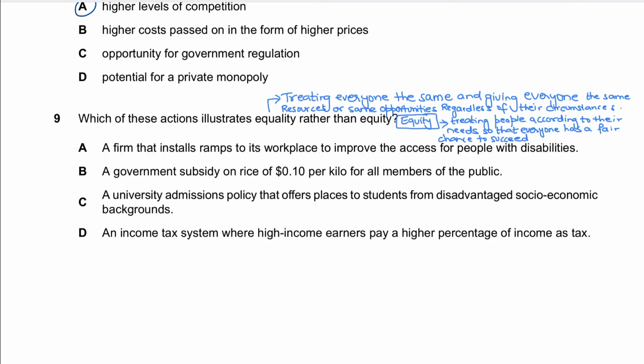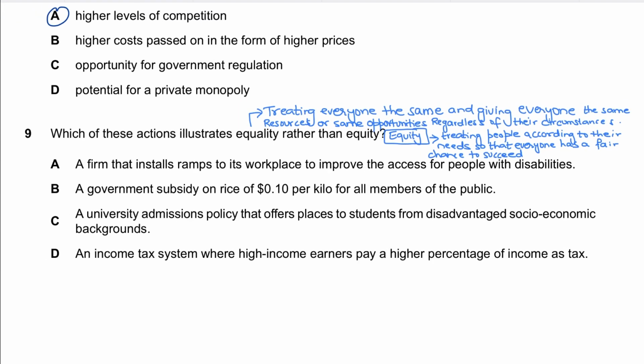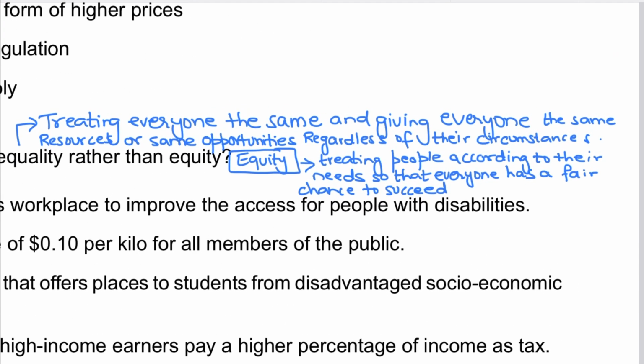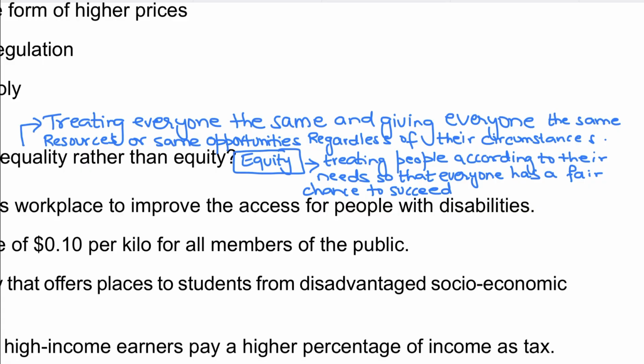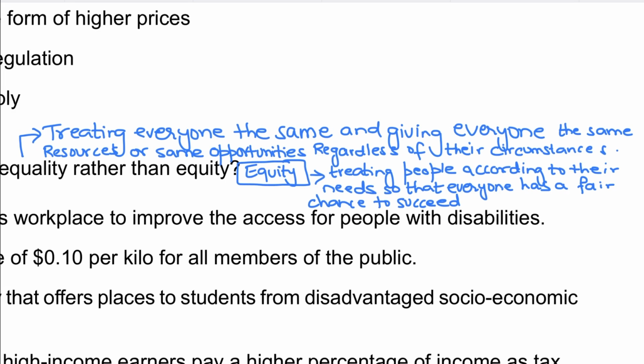Now we know what equality is. Equality means treating everyone the same, right? So equality means treating everyone the same and giving everyone the same resources or the same opportunities regardless of their circumstances, right? But equity means treating people according to their needs, so that everyone has a fair chance